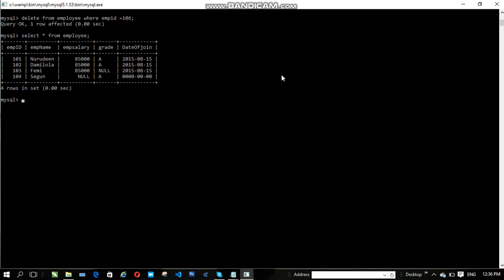multiple records into our table with a single MySQL statement, still using the insert statement. To insert multiple records into our table, we use the insert statement, insert into table name. Our table name is employee. Then we specify the field names, employee ID,